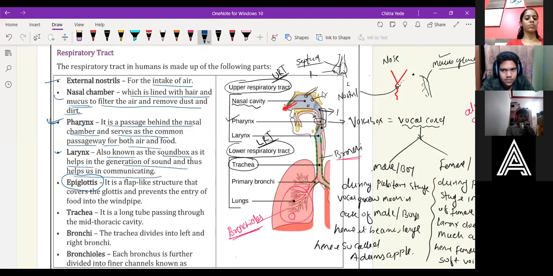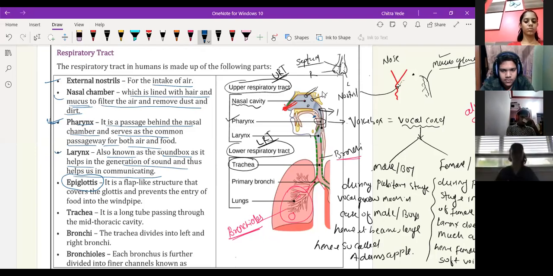When we are breathing out and we speak, the air passes through the larynx and sound is produced by vibration. While speaking, you can sense the vibration. Just put your hand over here and say something, like your name or anything. You will find vibration over here, and due to that vibration,